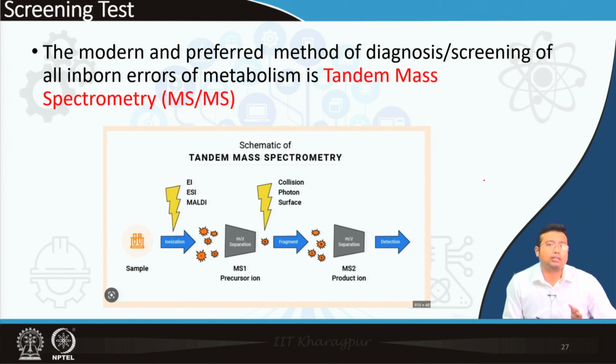So, what is the method of choice? Nowadays for all inborn errors of metabolism, if you get this option in an MCQ, you should always tick it, that is tandem mass spectrometry or MSMS. Any intermediate substrate or product or deficiency or metabolite needs to be diagnosed. In this case, we are trying to diagnose the phenylalanine level, which is done by MSMS or tandem mass spectrometry. This is a schematic diagram of mass spectrometry, and how mass spectrometry happens is beyond the scope of this class to discuss, but you can always enroll in other NPTEL biophysics classes to get your concepts clear about mass